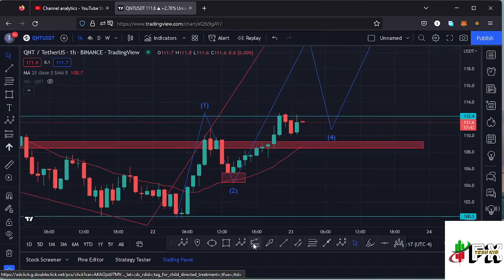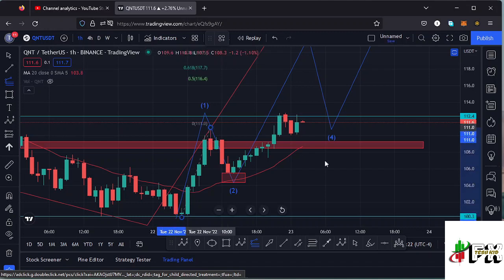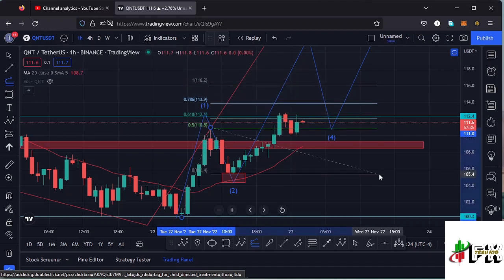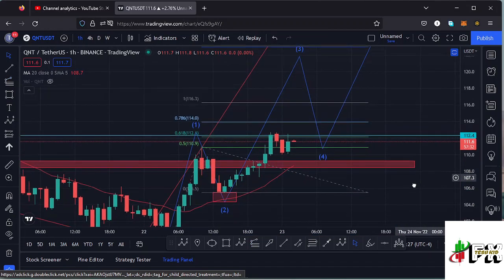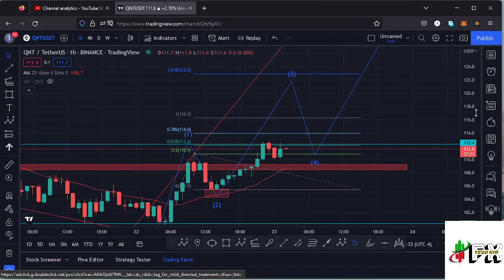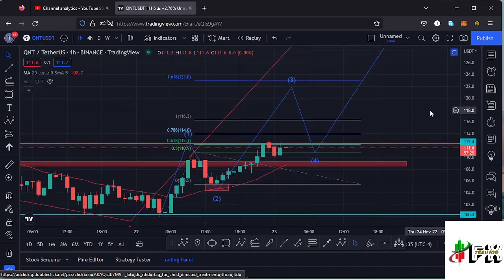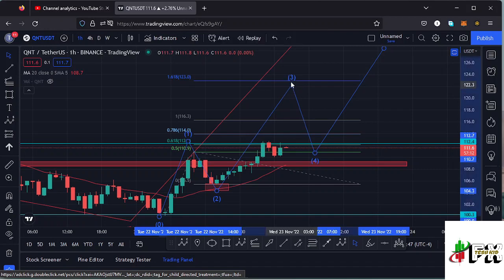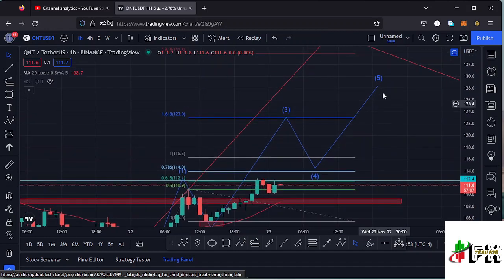And using the trend based Fibonacci, we can sketch out a minimum target area to the upper side in the formation of that wave 3 by connecting the fibs from the low of the first wave to the high of the first wave, then dragging the fibs to the low of the wave 2, and that gives me a minimum target area using the fib ratios, that is the fib level 1.618, and that gives me a target area back to around the $123 mark. So that is the minimum that I'm expecting this impulsive movement to the upper side to do, get back to around the $123 mark, then see a wave 4